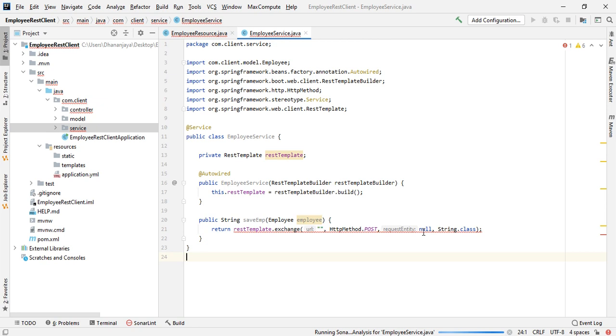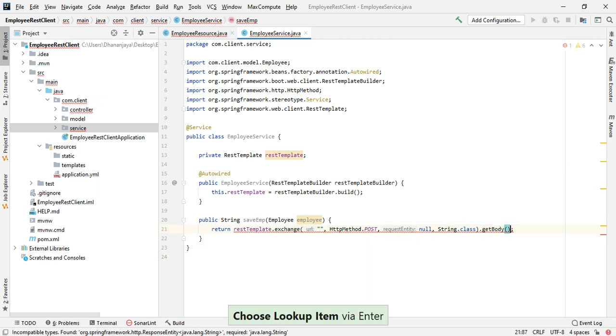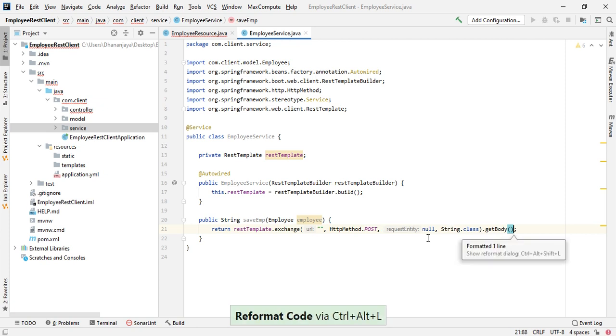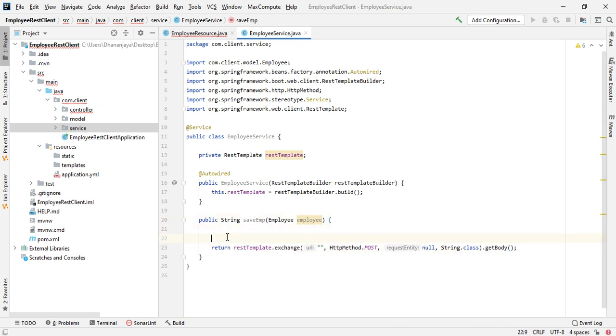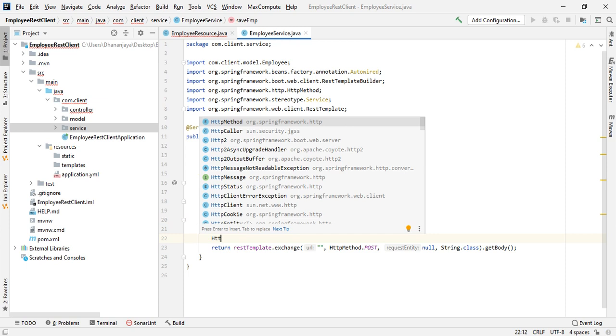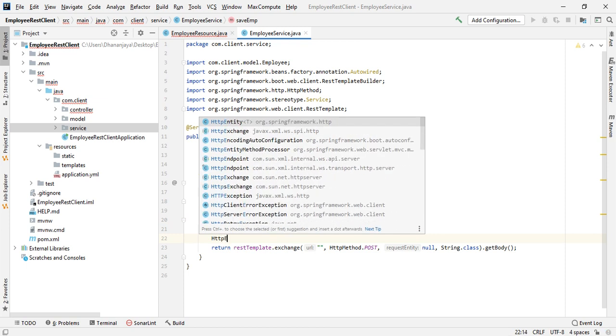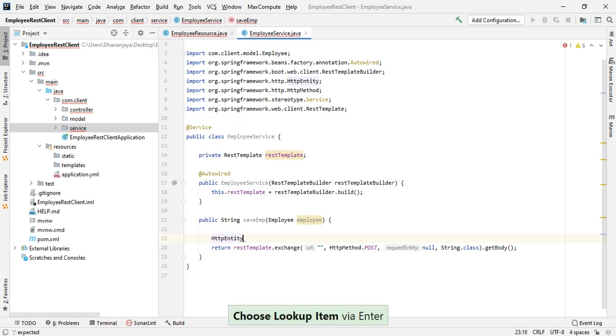Okay, .getBody we need to call. Okay, so here I need to give the employee as a body. So we need to write HttpEntity. We need to wrap it inside the HttpEntity and keep that entity inside the exchange method.